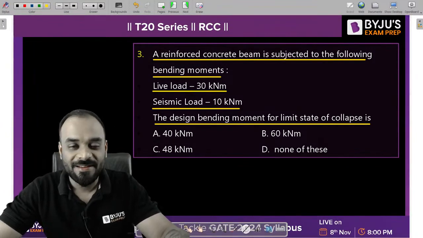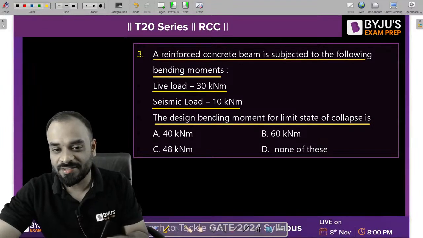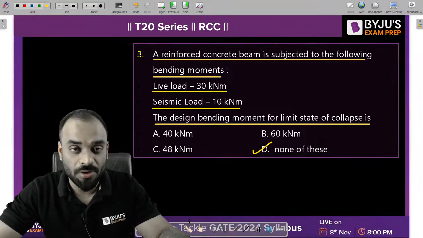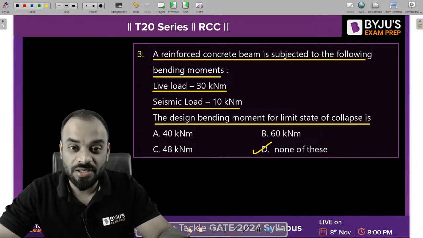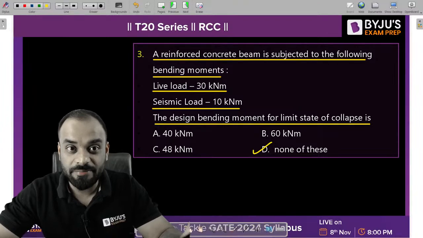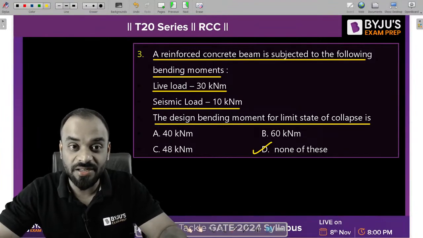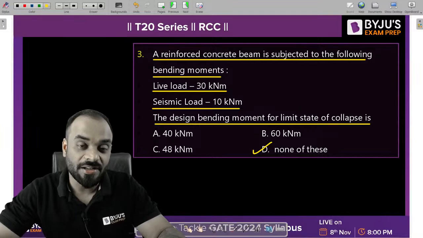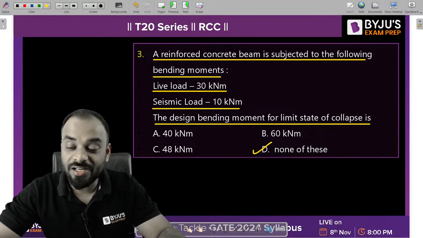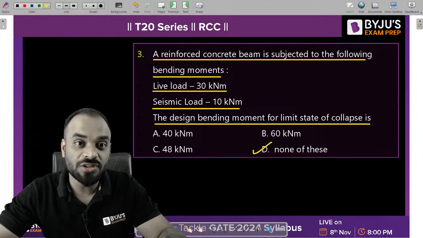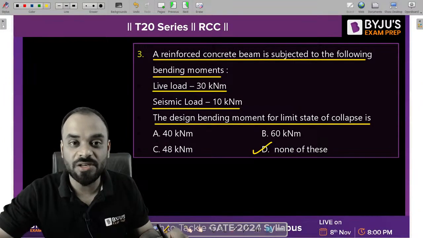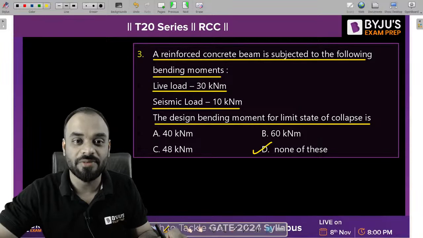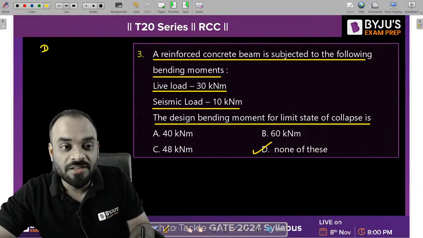Okay. Let me tell you one thing, guys, none of the correct answer is there. That means D is the correct answer for the problem. Now, why D is correct? Whenever you are trying to calculate the design bending moment or design load in the LSM method, there is some minimum criteria. You need to consider at least dead load in your calculation. If dead load is not there, such type of combination of load is not mentioned as per the IS code, right? If you have only live load and seismic load, you are not able to estimate the design bending moment value. You need one more value which can be dead load, guys.